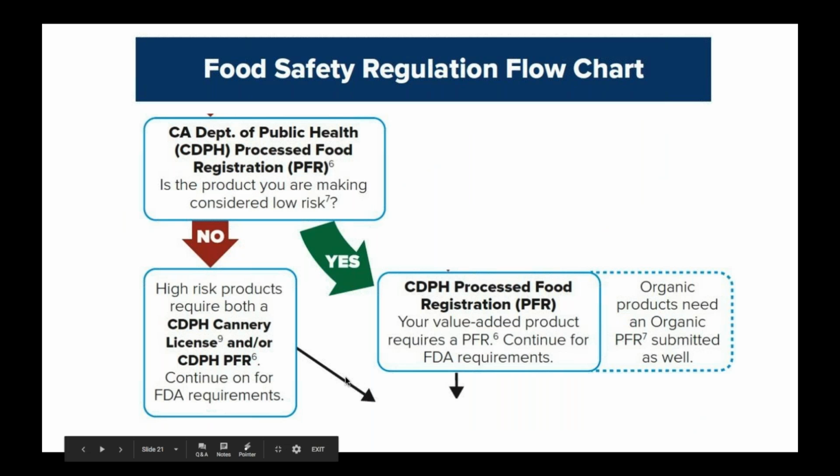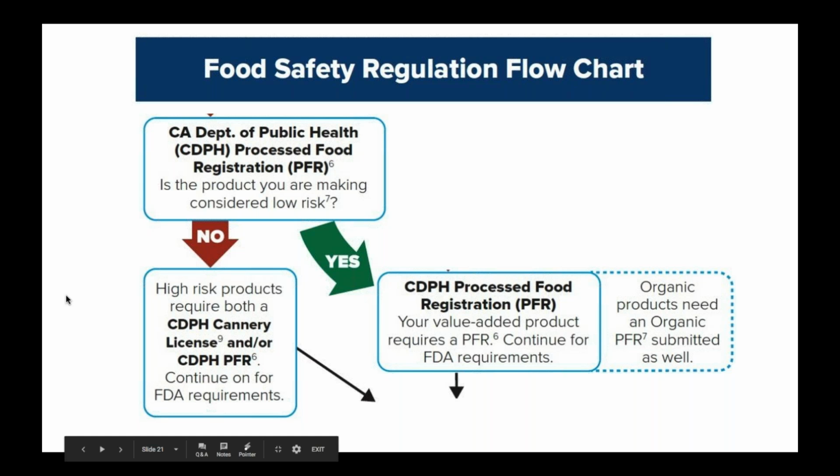And move down to the next box, which would be, is the product you're making considered low risk, and would it require production under the processed food registration with the California Department of Public Health? Again, we're making this acidified food product that's higher risk, so we're going to answer no to that question